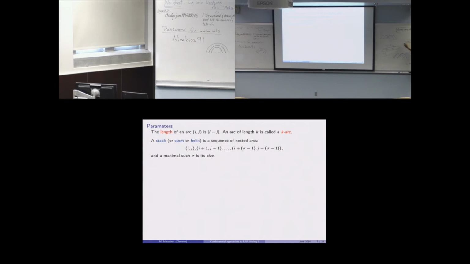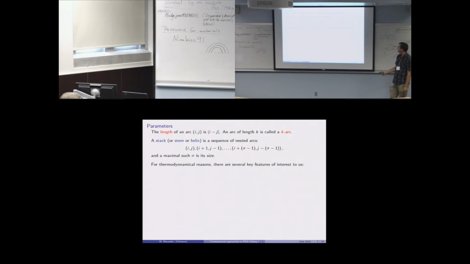So maybe this is the 5 prime. This is maybe the 3 prime. And then maximal such sigma is its size. So I will say the size of this stem is size 5. Well, there's also a 3 stem in there, but the size I'm going to say is the largest maximal size. So here's mathematically what this is. When I say mathematically, I'm really saying, not just to please us mathematicians, if you want to program this into a computer, you need to have a language, a simple system you can tell the computer what is the length. So this is how, algorithmically, you would tell a computer